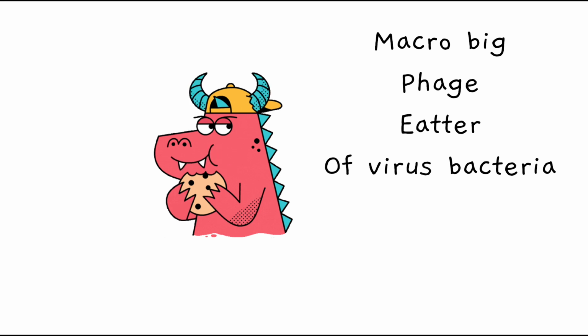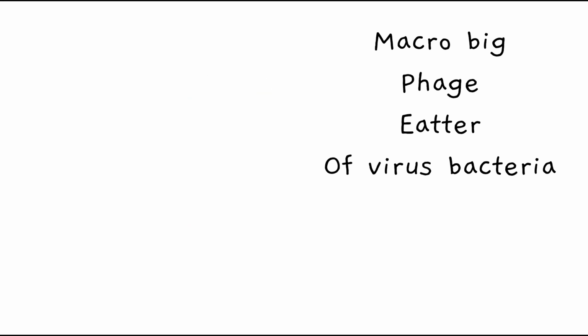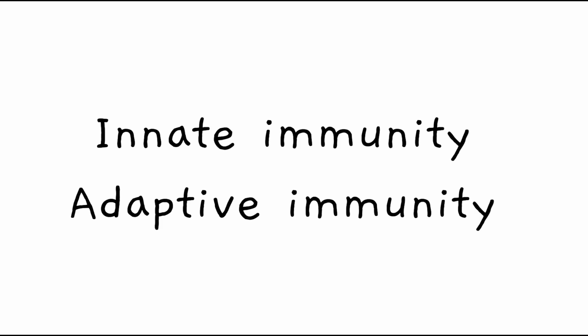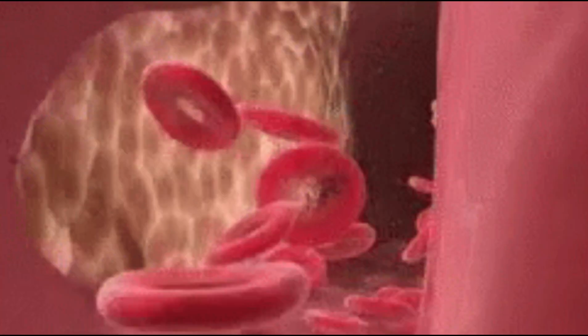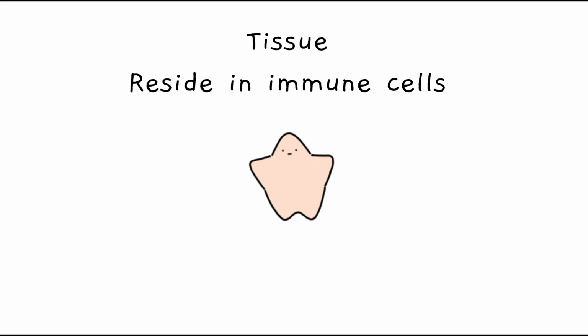So macrophages are large professional phagocytes. They play an important role in both innate as well as adaptive immunity. They are found in almost every tissue. They are long-lived tissue-resident immune cells that arise from embryonic precursors like the yolk